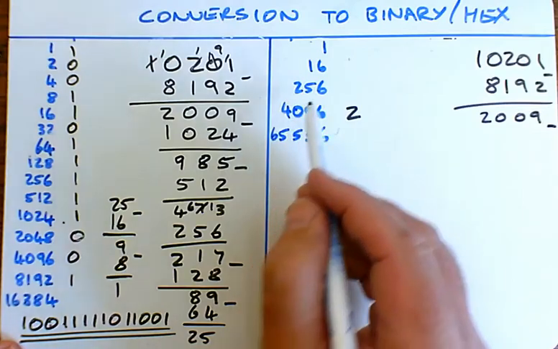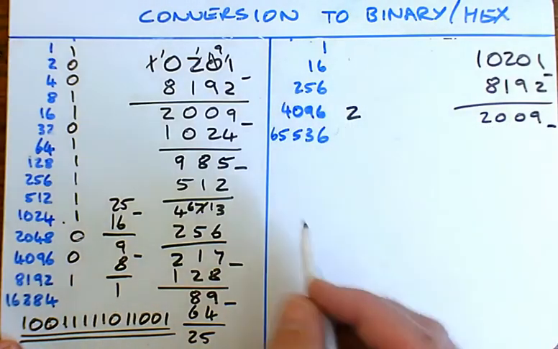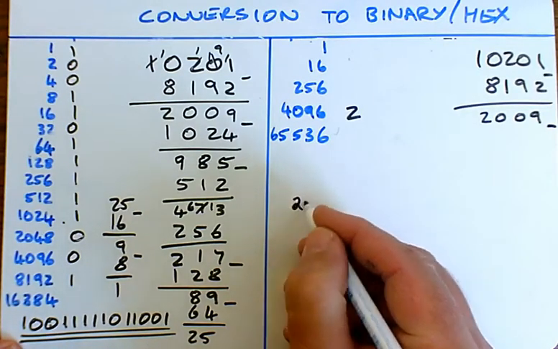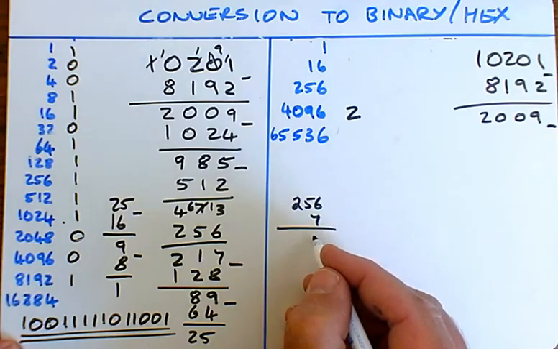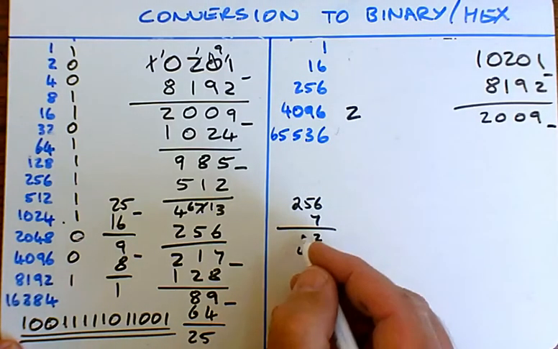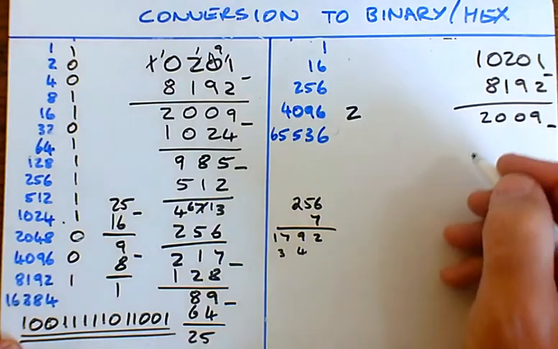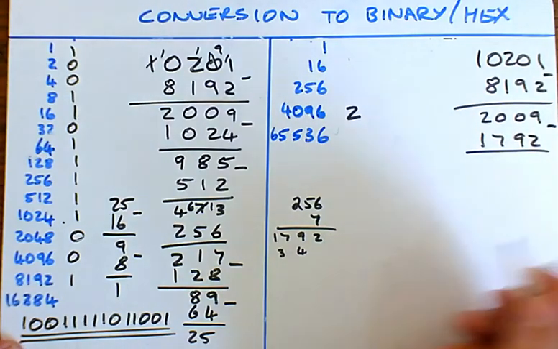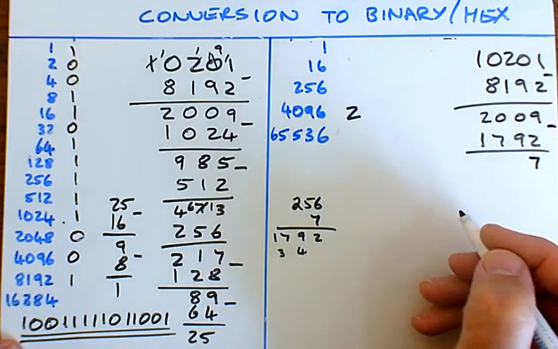Well, 8 256s is bigger than that, so I suspect it's 7. Let's just quickly do the maths there. 256 times 7 is 1792, and we're going to take that away, and we have